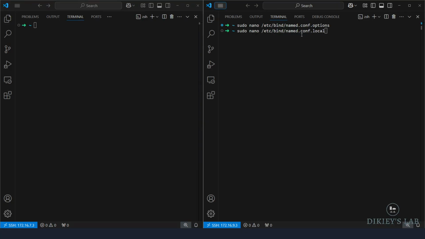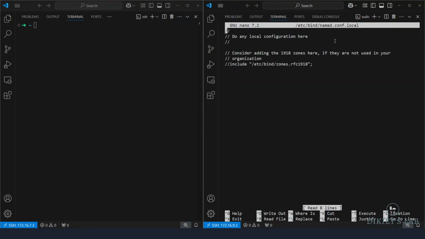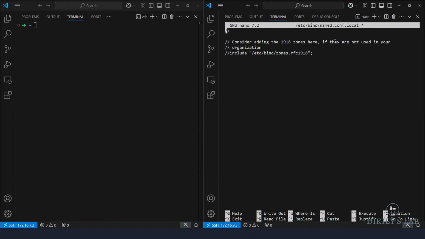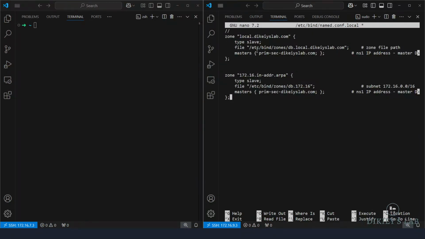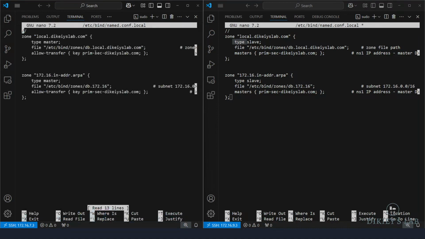Then we are going to modify named.conf.local, and if you remember, here is where we are setting our zones. So we're going to get rid of everything here. These are our zones, as we also did previously, but the thing that has changed from the previous one is the type. On our primary, which is this one here, we had type master, but now on our secondary,